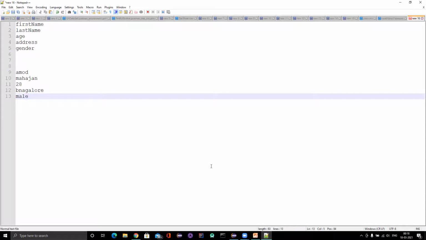If I give you data like this, you can understand these details might be first name, last name. But whenever you have a lot of data, it is really difficult to identify blindly what data represents which property of that person. So that's why when we store the data as a key value pair, if I want to retrieve the first name, I get the first name; if you want to retrieve the last name, you get the last name. That key helps to identify or fetch the required data directly. So storing the data as a key value pair is always a good option, and the same thing is followed in JSON.